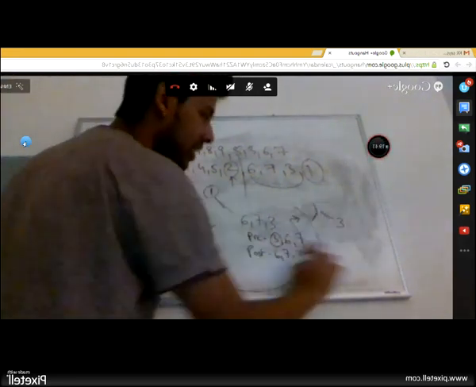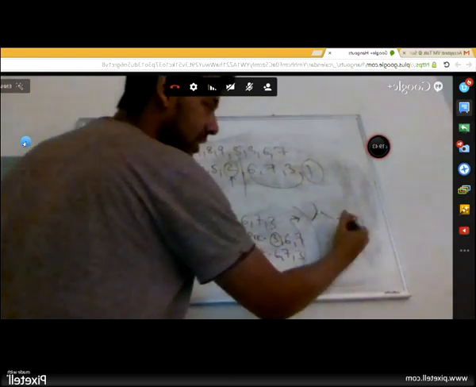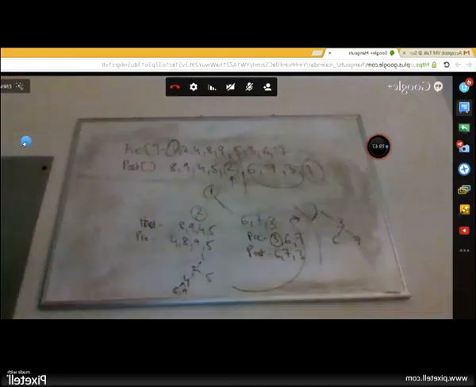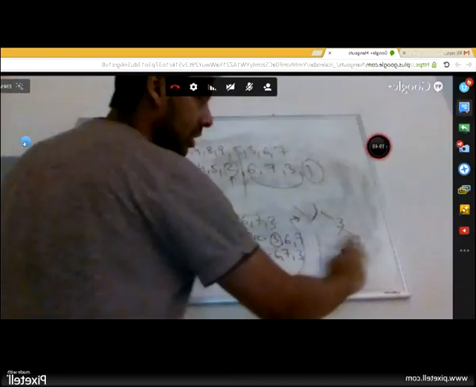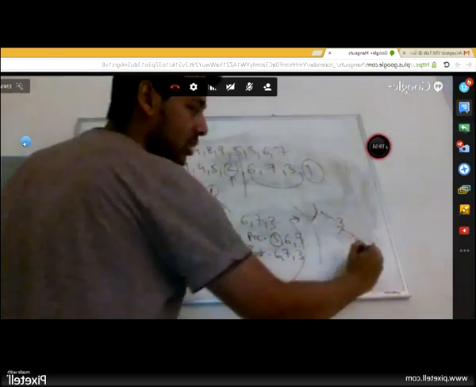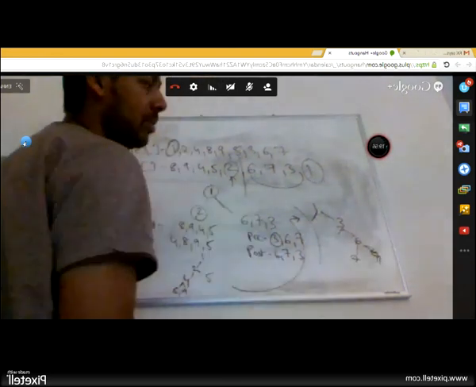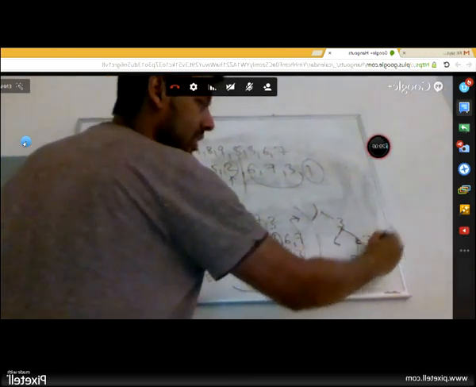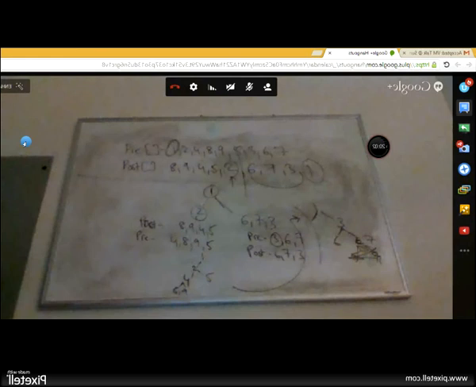We don't care about that. The only way 6 and 7 can coexist here is if they are like this. If it was anything else, it wouldn't have been a strictly binary tree. If this was like this, then it violates strictly binary tree. If this was like this, then it violates strictly binary tree. So the only way this can coexist is that this is 6 and that is 7.